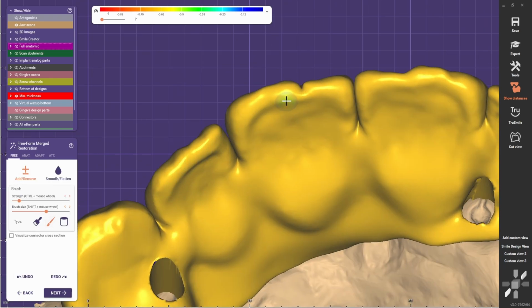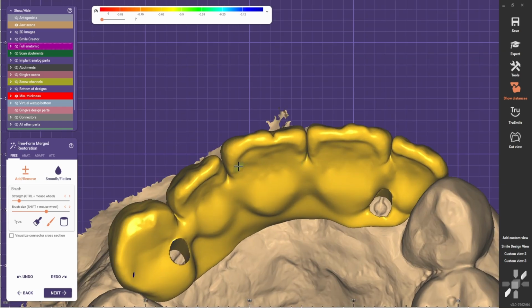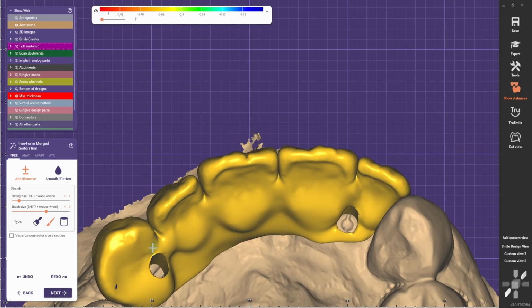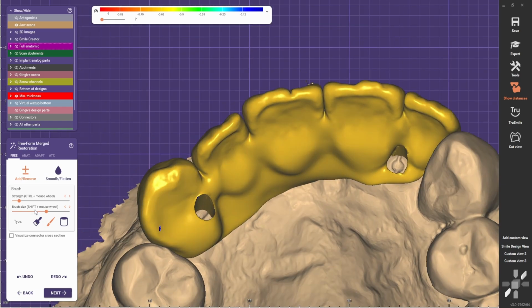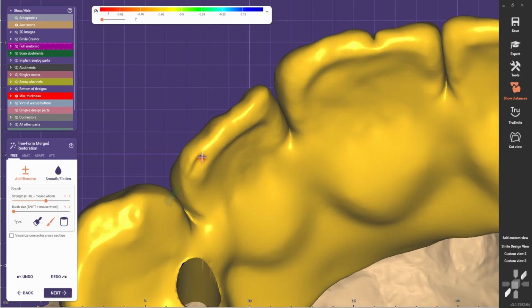I'm just gonna do some wear facets. First I like to make the incisal edges thicker. The incisal edges of the generic library are just awful. Like this, and now I come here with a thin tool, strength quite high, and then